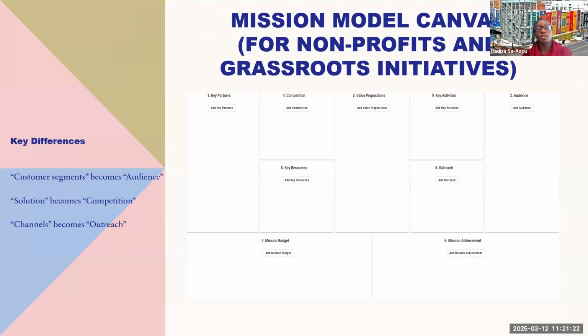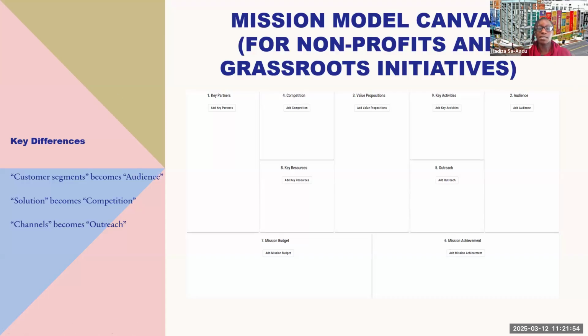When you're focused on a mission-driven initiative or a nonprofit that is serving a particular population with a program, this is the clarifying tool that you will maybe want to use. It helps to articulate a mission. So the key differences here are, you'll notice you're going in the same order, but you'll notice that